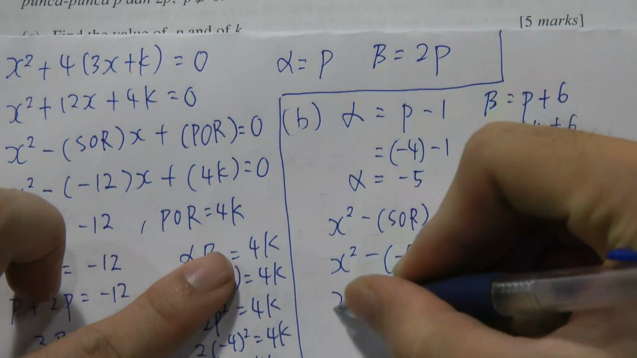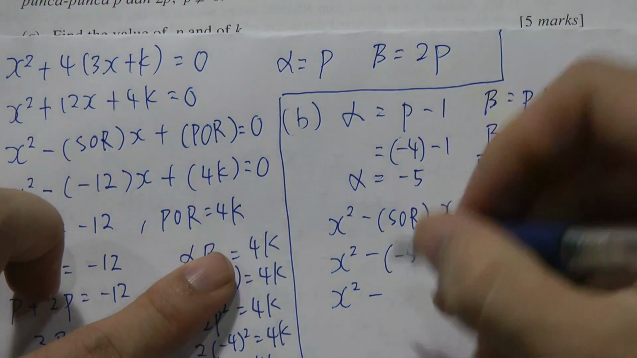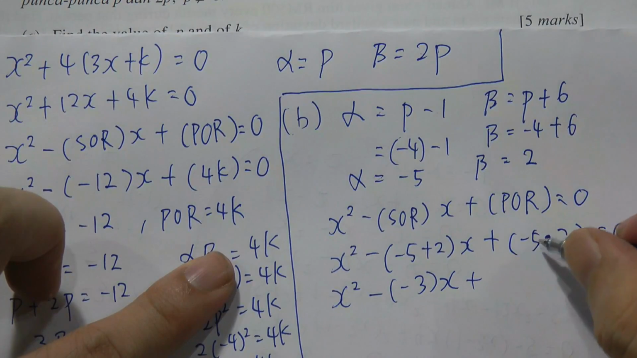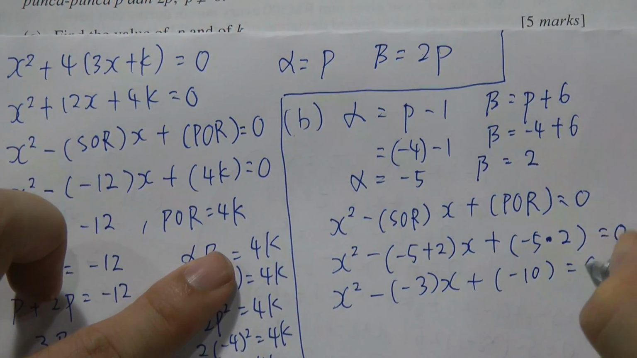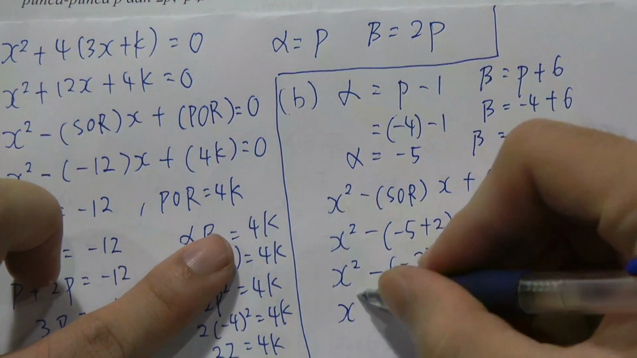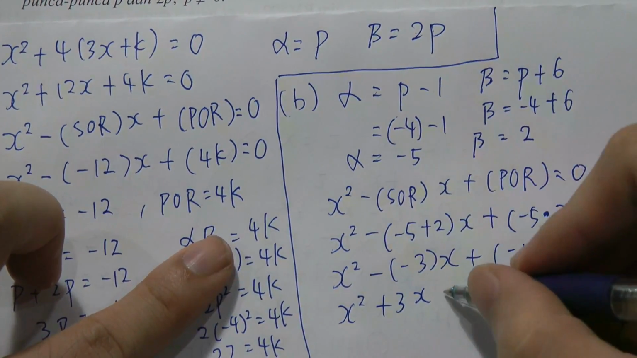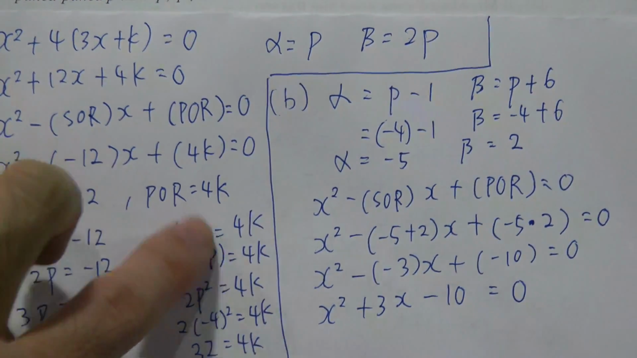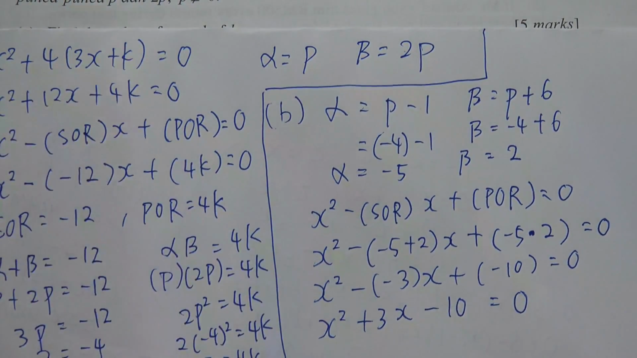Okay, so x squared minus, -5 plus 2, we got -3, x plus -5 multiple 2, we got -10, equal to 0. Therefore, x squared plus 3x, negative becomes positive, minus 10 will equal to 0. This is the general form. Therefore we form the equation